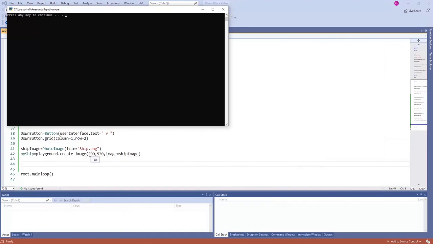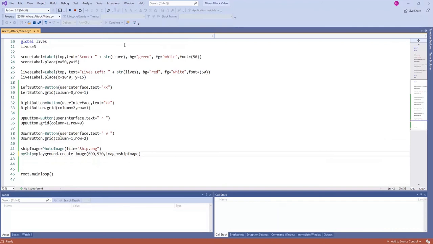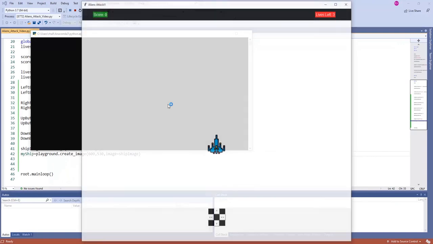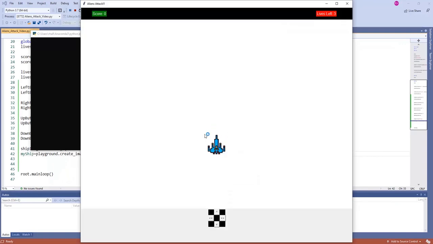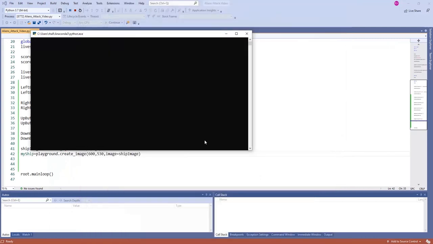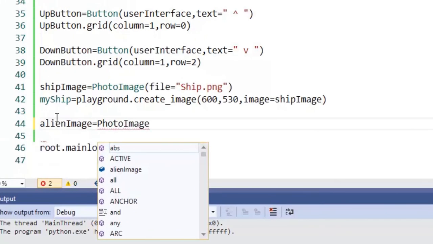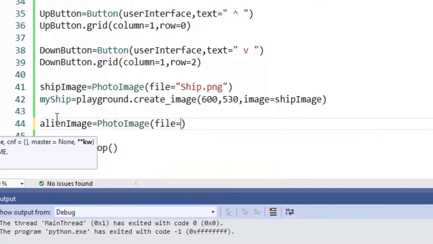I'm just going to change that to 600. Let's see that again. So now it's in the center there. And that's good. I can get an image in there, and I can manipulate that image in a few minutes. Let's get the alien in. Alien image is equal to PhotoImage file equals, and this one is my aku2.png,